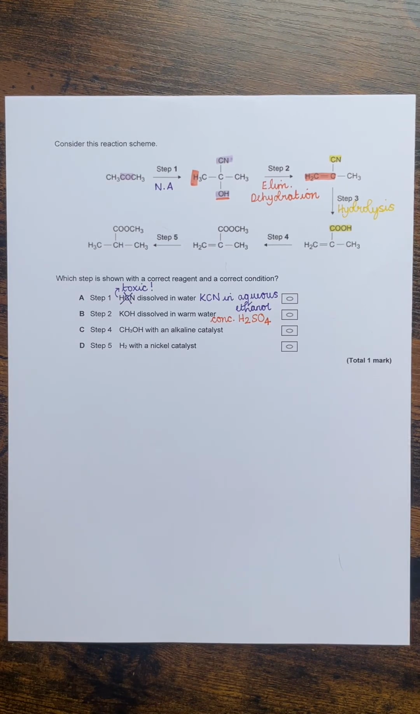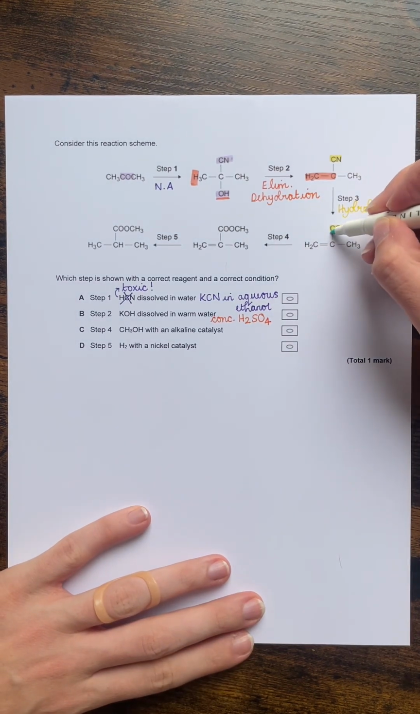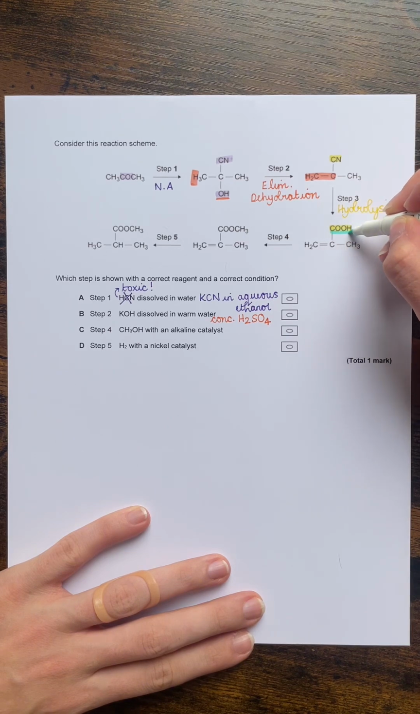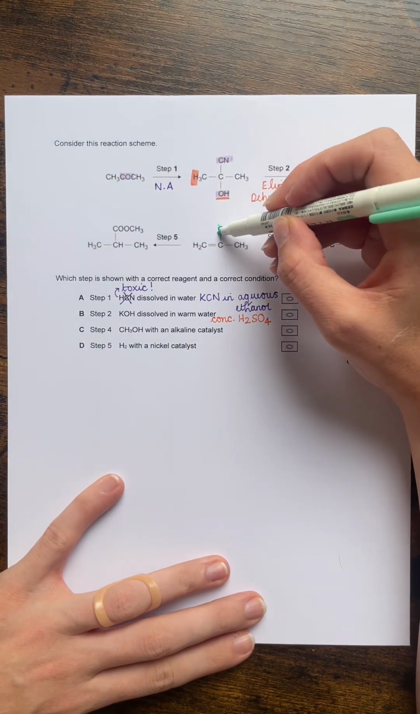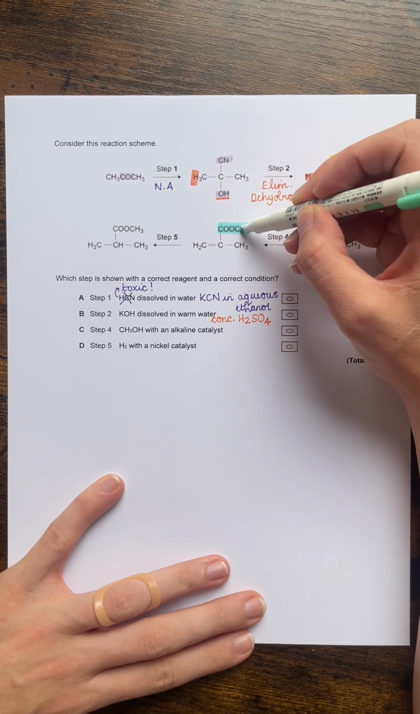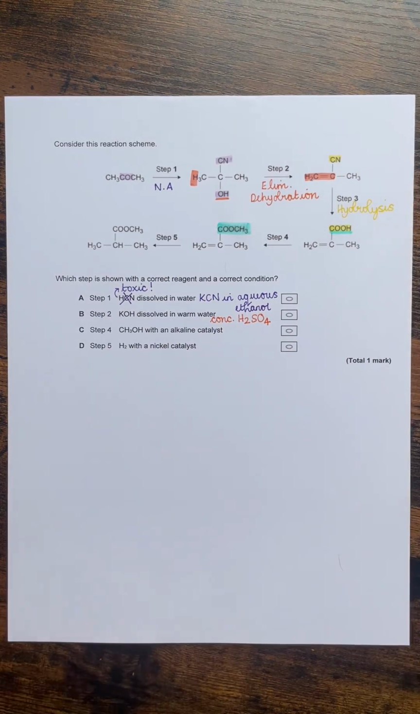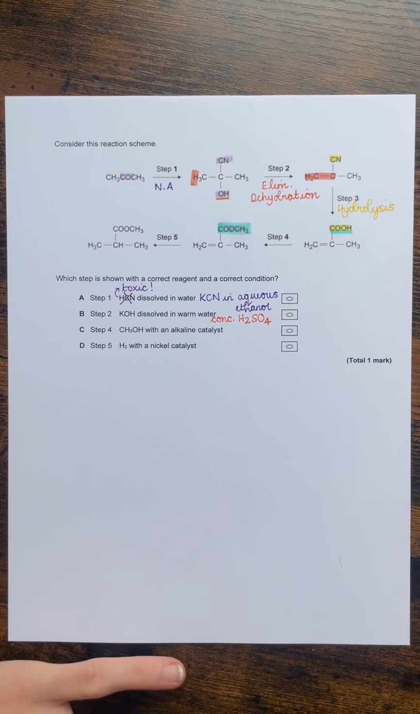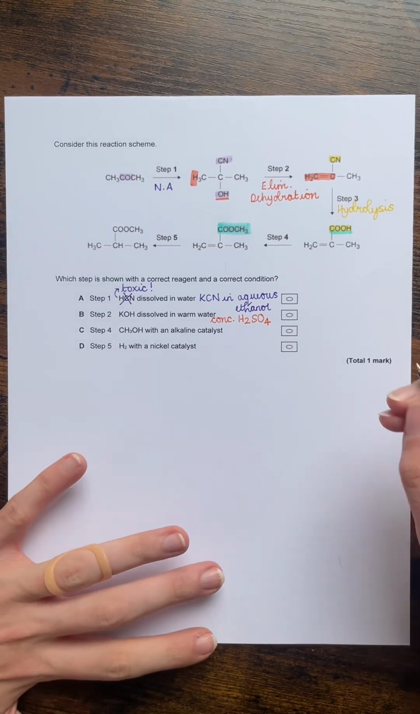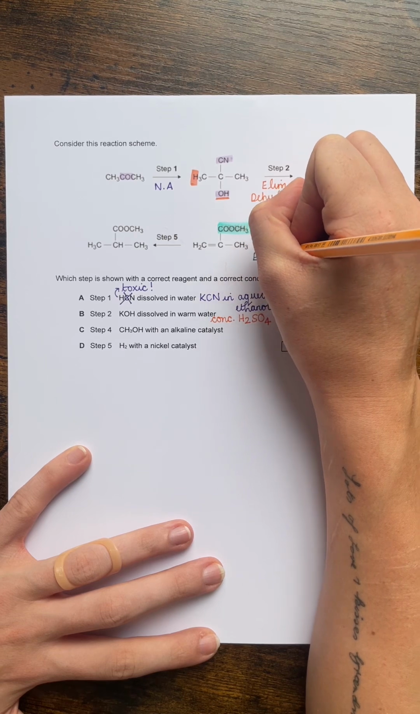Moving on, therefore, to step 4. In step 4, the difference is we've gone from our carboxylic acid Q group to this COOCH3, which is our ester functional group. So we've gone from a carboxylic acid to an ester. There's only one way that we can do that, and that is via esterification. Now, there's no mechanism that we would need